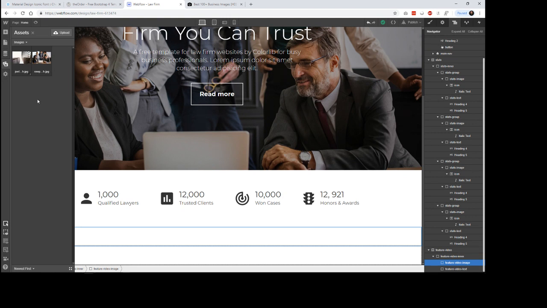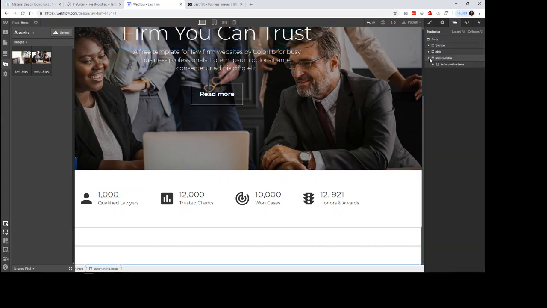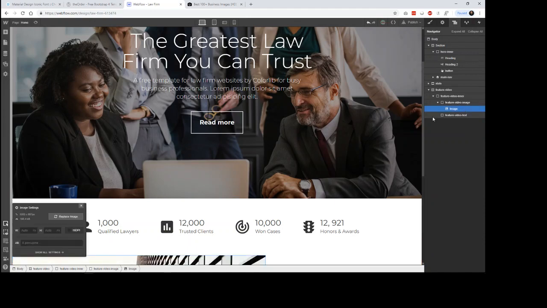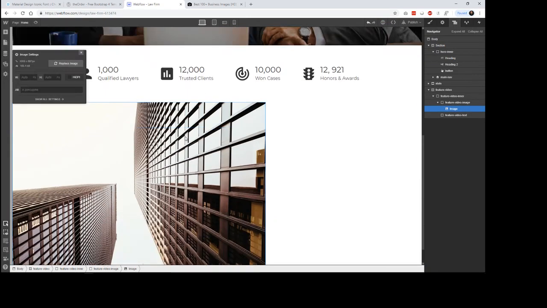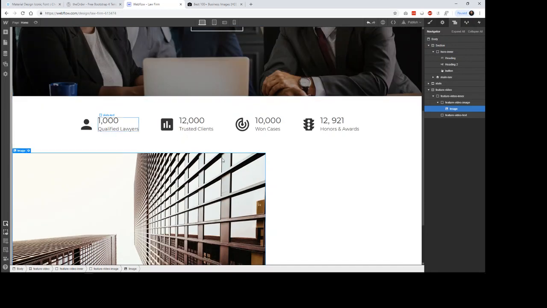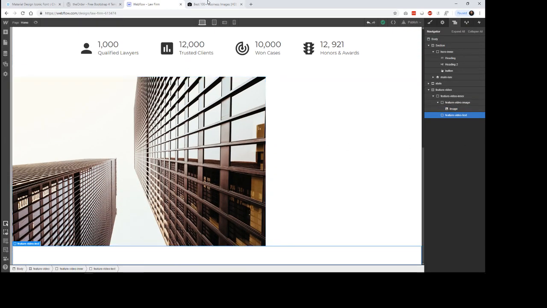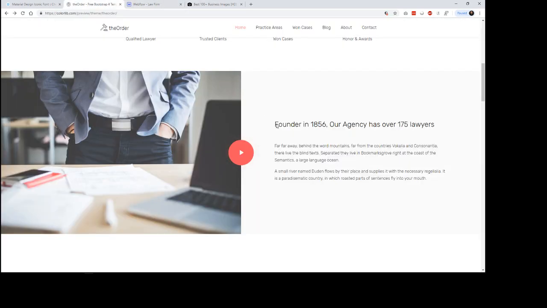Okay, now it's in there, and what I'm going to do is collapse all these, and I want to go to the feature video image, and I want to just drag this so that it's under my feature video image, so that it's inside that div. You can see that it shows up, and then the feature video text, what do we want to put in there? So there's a heading here, we'll copy that,